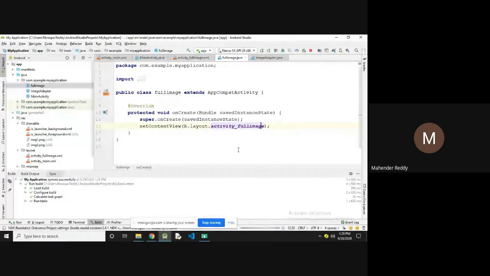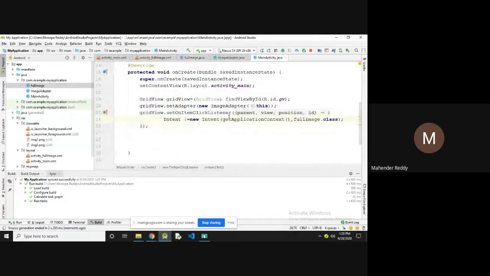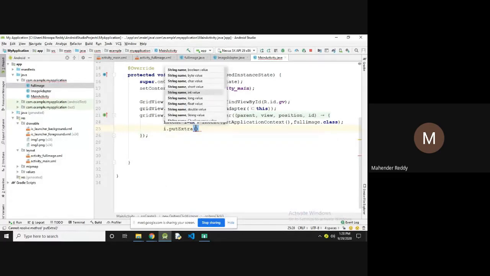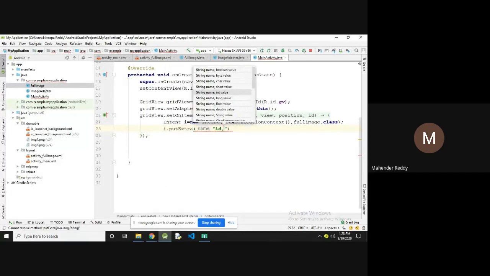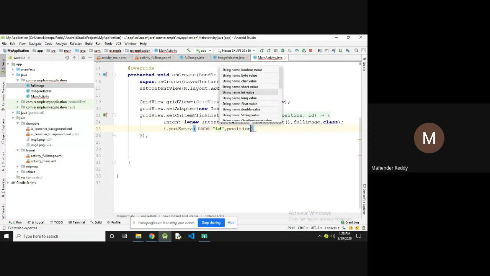The activity is created, and you have to pass the values. You have to pass the images here. For that, i dot putExtra, id comma position.